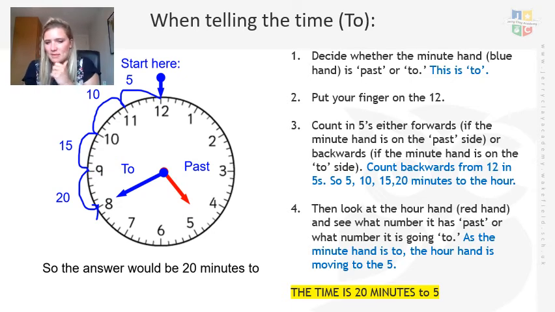It is not 8 minutes to. Why is it not 8 minutes to? Have a think, and I want you to have a talk with your parents. Why is it not 8 minutes to? Okay, fantastic. You should have said something along the lines of, it's not 8 minutes to because there are 5